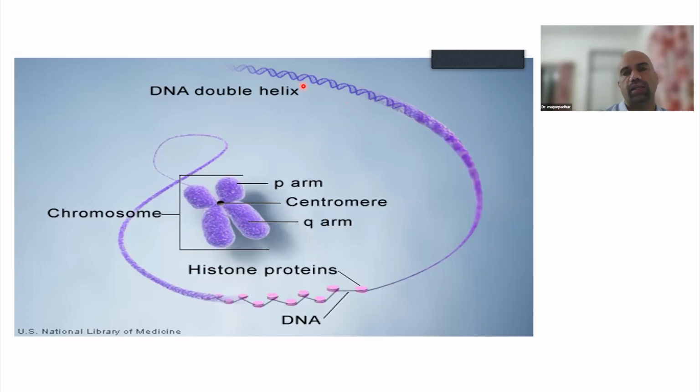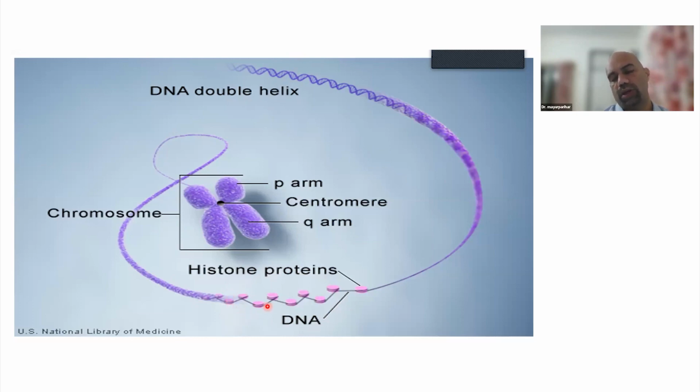And a chromosome is nothing but a molecule of DNA. As I said, it has different levels of organization. It can be in the form of a thread, or it can go on condensing to form what is called a chromosome. And what you see here is that the DNA winds around proteins called histone proteins. This is very essential to know because this is how your epigenetic mechanisms play a role in expression of any gene.